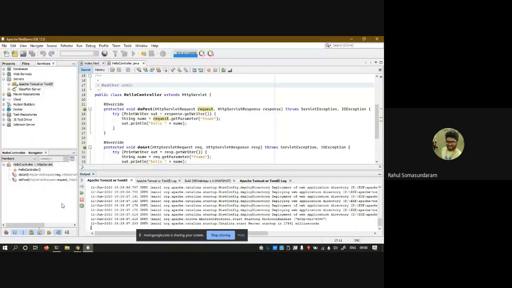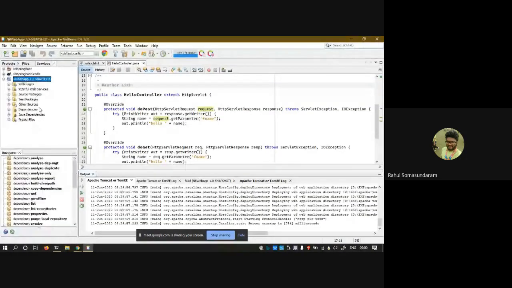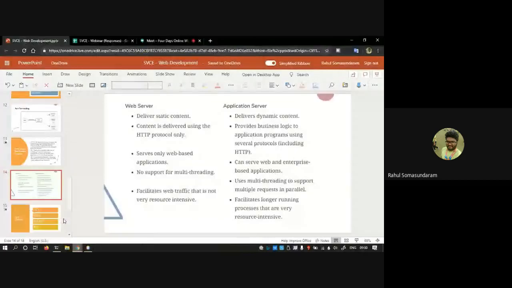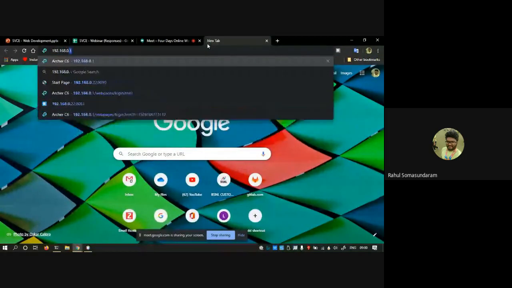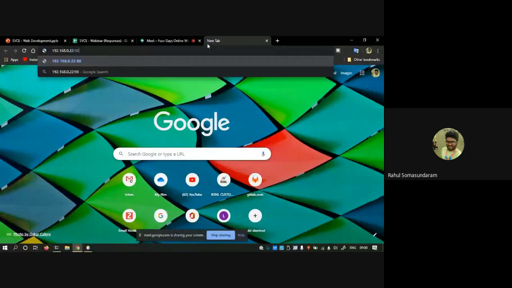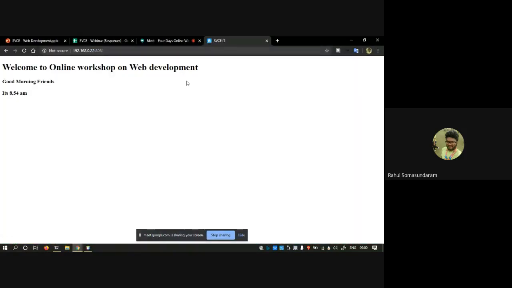I can show you an example. Okay. I am running a web server, like yesterday we have seen, right? This is running on a web server called Apache actually.